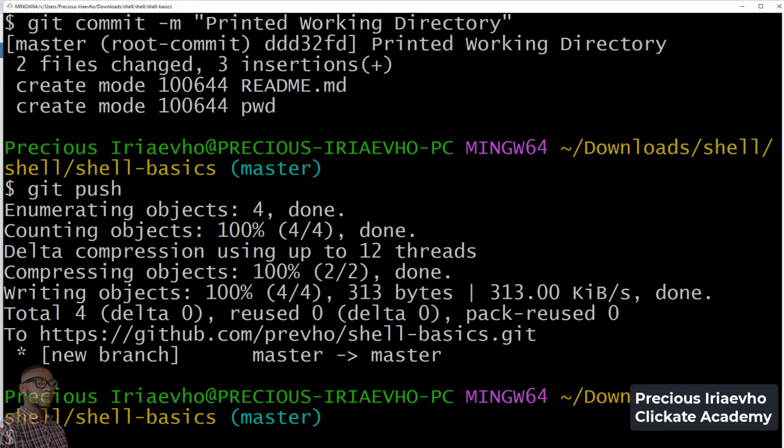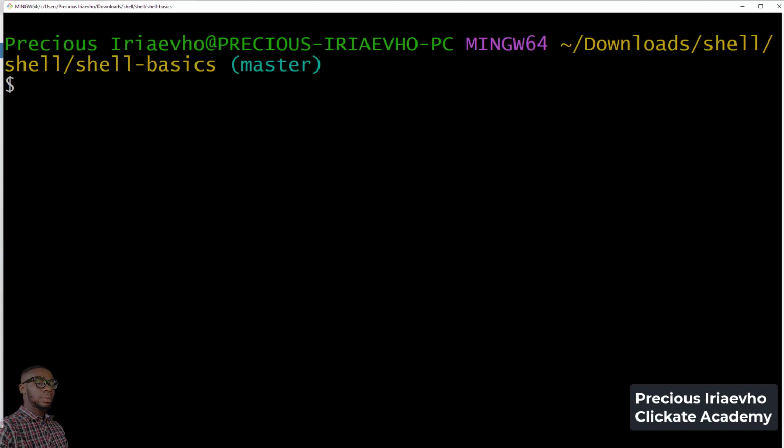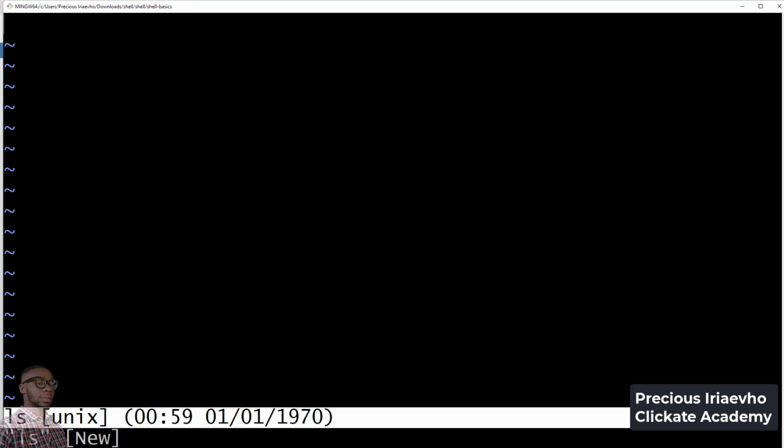For you to list content in a directory, let's create the file. A very easy way to create a file is just to say vim, and let's call this file ls, because that is the command we will be using inside. So ls, and let's insert. Don't forget, for every script you must use what? Your shebang. So hash exclamation mark /bin/bash, then enter. Then the command to list directory is ls. So we save this,